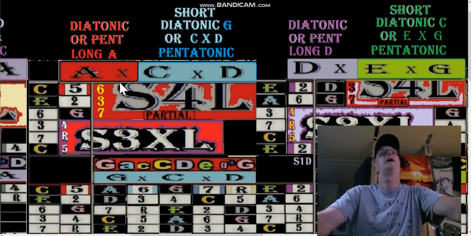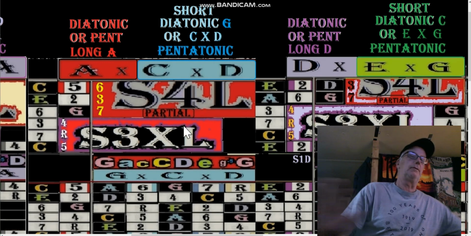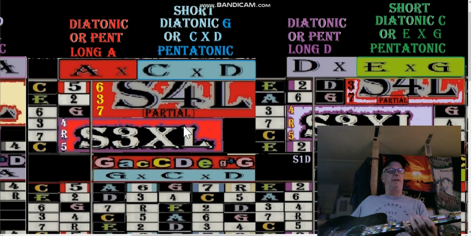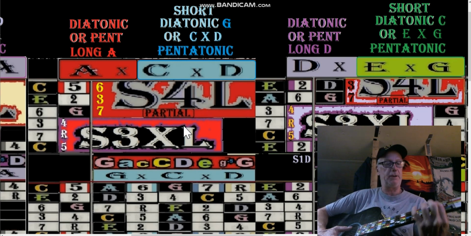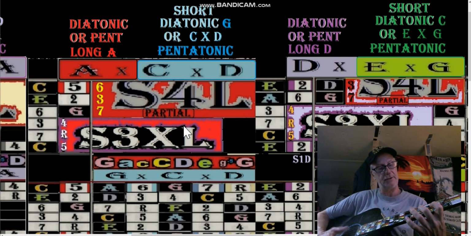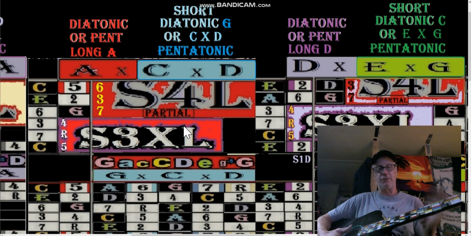Diatonic or pentatonic long pattern in the A, let's say. We're doing the A. Now, I want to just explain to you why we're doing the A. We were doing the C shape, but that was just for fun because you can do that pentatonic, you can do that diatonic short on the A. So there's no reason to fuss about the A being the long pattern here, doing a long pattern on the C rather, which starts actually on an S3L,